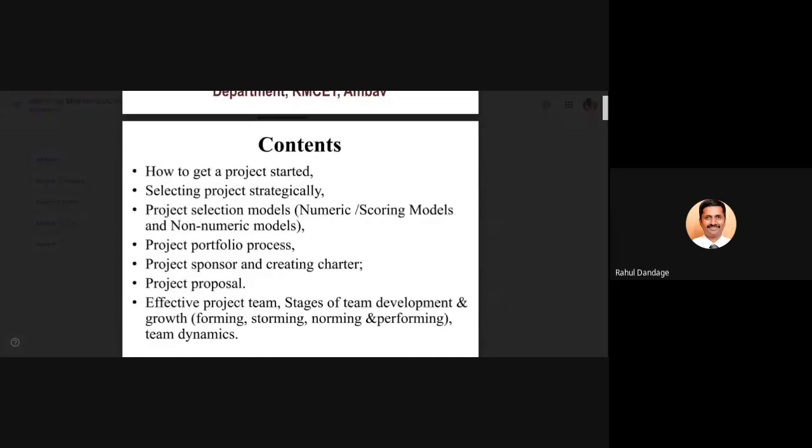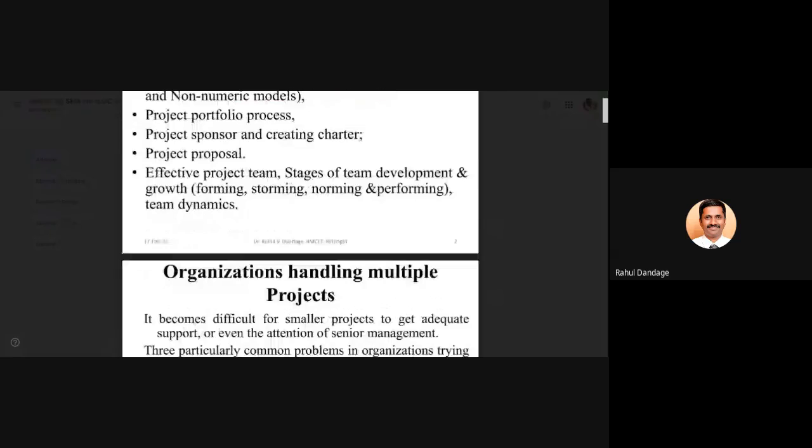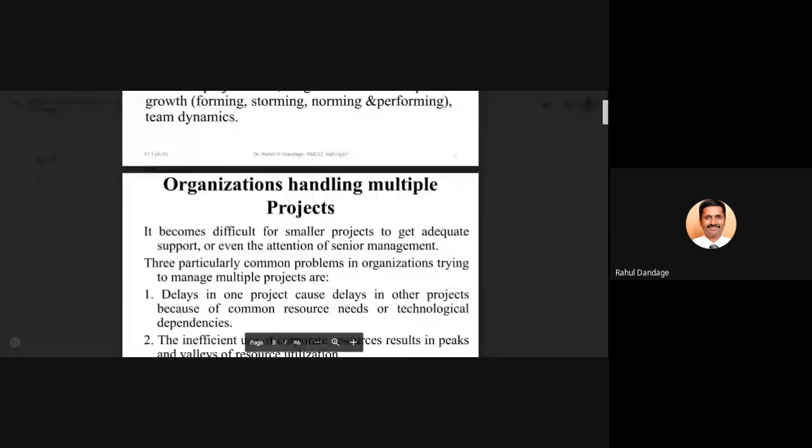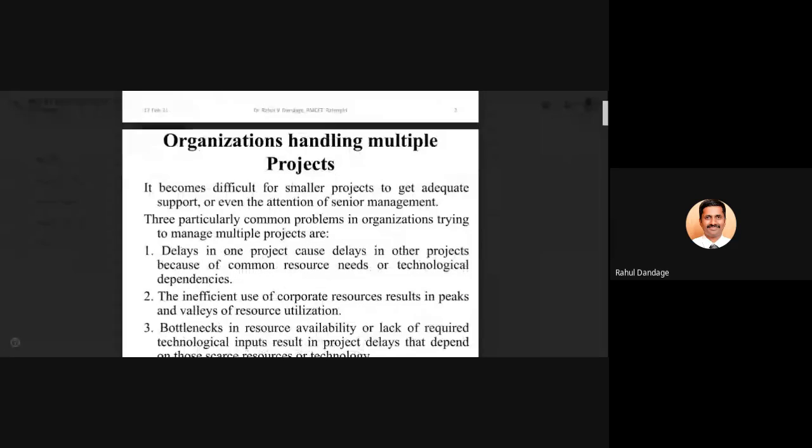Now, before we go for the first part, that is how the project gets started, let us try to understand some concepts related to this initiating project or the starting of your project. So sometimes